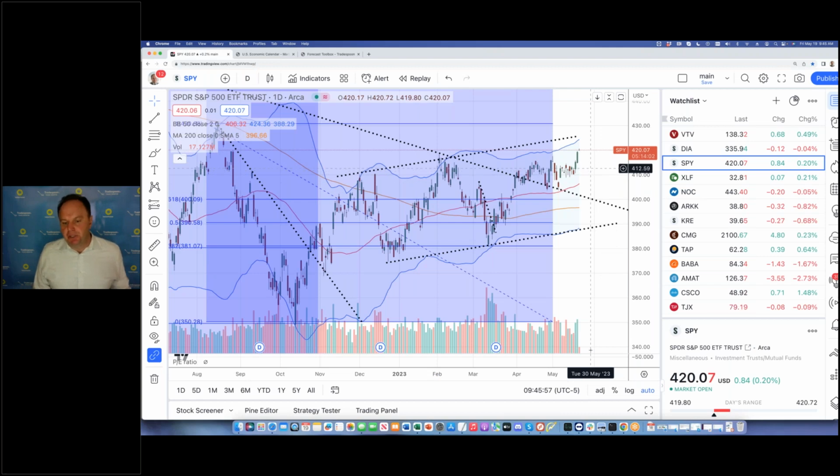There are basically 2 things that are going to happen, right? This is either a false breakout, and we go lower, right? Or we have a continuation next week, right? I mean, I think it's a flip of a coin. It's very hard to tell. Usually, I do wait for 2 to 3 days. If Monday, Tuesday, we're trading above 420, then the breakout is confirmed. If Monday, Tuesday, we're breaking below 420, 418, then this is a false breakout, right? Which is going to happen, hard to say.